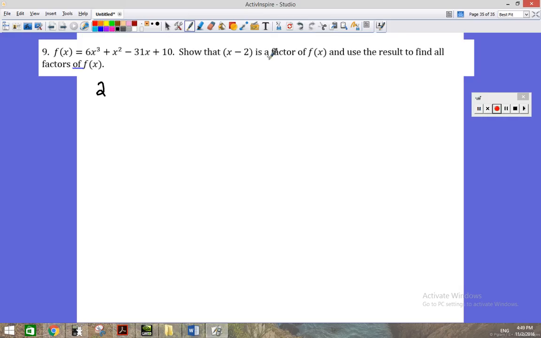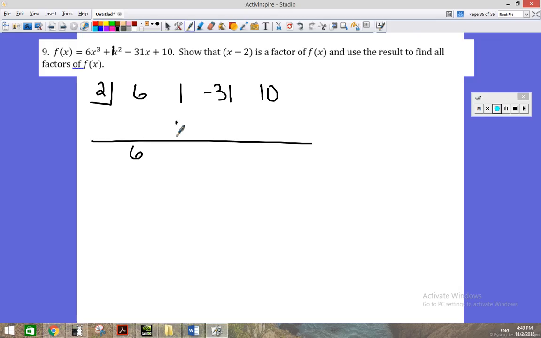the x minus 2 is in factored form, which means the 0, the x-intercept, 2 minus 2 gives you 0. So I need to change the sign when I do my synthetic division. That's easy to accidentally forget to do. But you'll be able to catch yourself, because if you don't get a 0 remainder at this point, then something's up. Look at that, we get a 0 remainder. So this